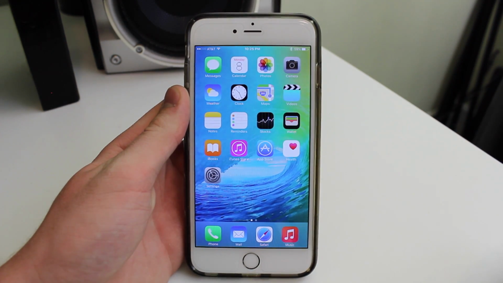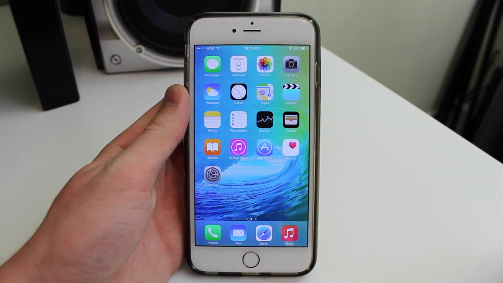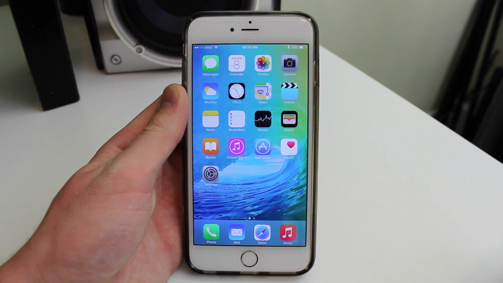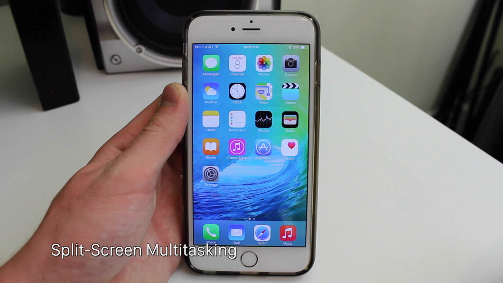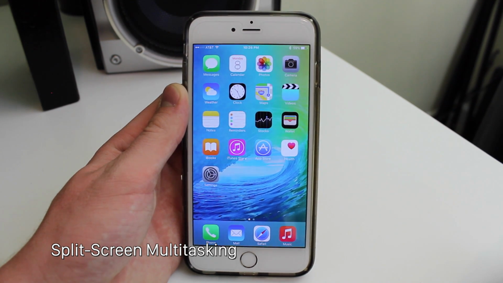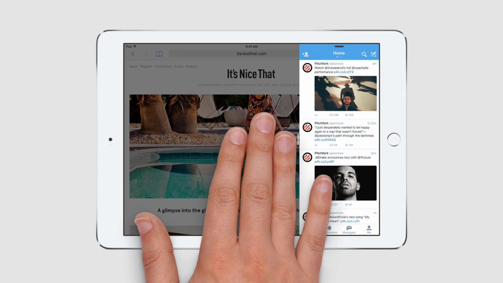Now, while on the topic of multitasking, although I haven't had the chance to download iOS 9 on my iPad yet, Apple actually went ahead and added split-screen multitasking, which we have been waiting for forever. And I'm so excited to download iOS 9 on my iPad. You could just see some pictures here. Basically, for example, you could snap a mail window and a messages window literally right next to each other, or